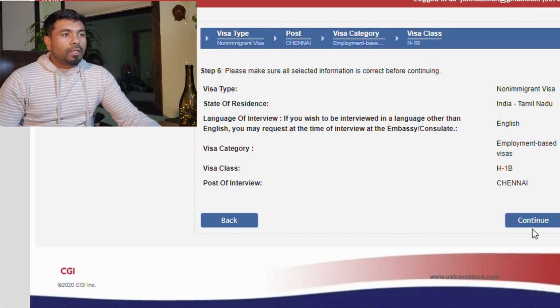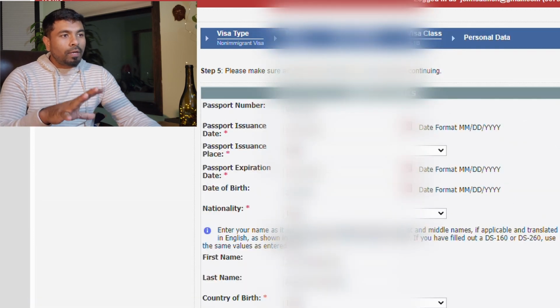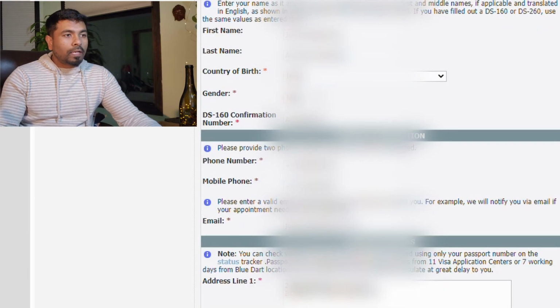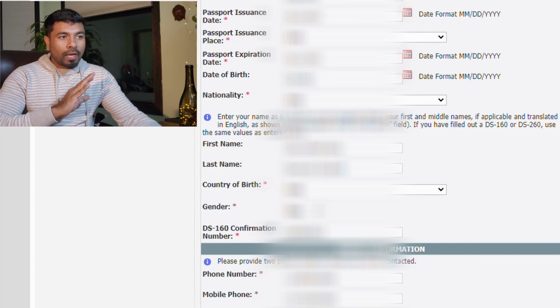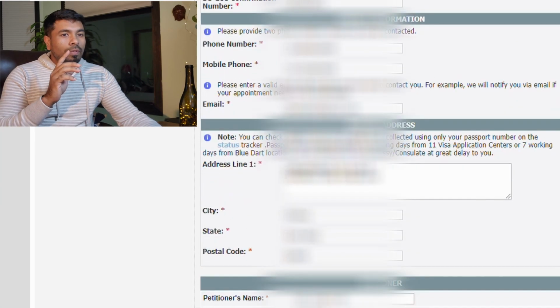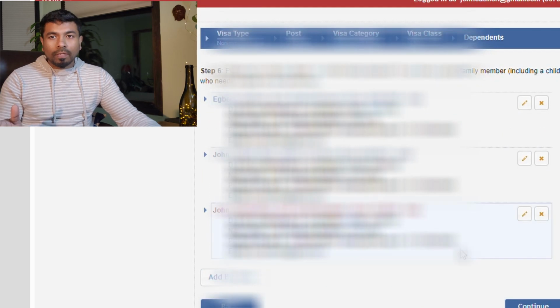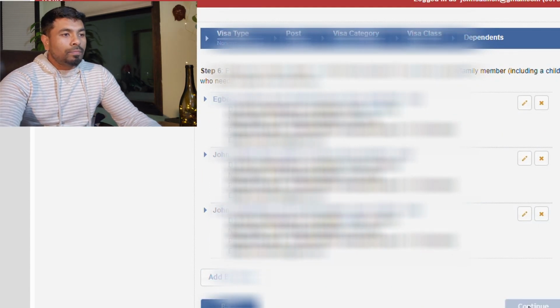The next page is the summary page. Whatever you selected in the previous page, it is going to give you a summary. Here is the part where it pulls the data from your profile and populates it. So make sure that your information and every detail is correct. The next page talks about your dependents. If you have added dependents, they are going to show up here. So here comes the